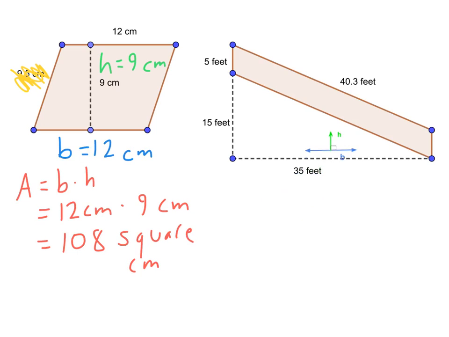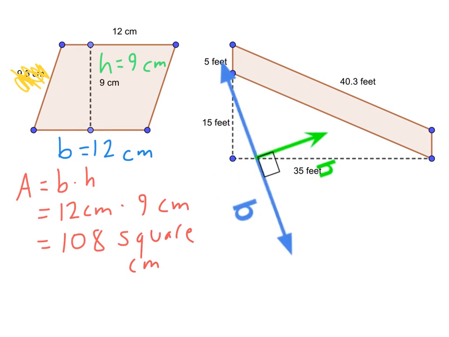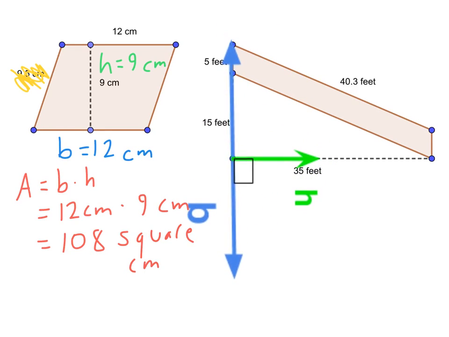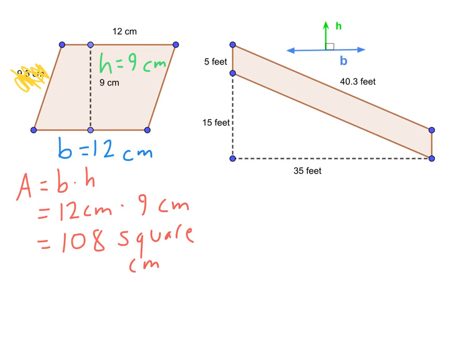Notice over here on this parallelogram, I've got the slight problem that, all right, well, I need something like this, maybe? Let's see, maybe like that. I need to make sure that my base and my height are perpendicular, and that seems to be a really good match right there. So what does that mean? Okay, well, when I'm talking about my base is going to be the 5 feet right here. So that's my base. What's going to be my height? My height is going to be this distance right here. It's outside the shape, but it's at a right angle to the base. So my height equals 35